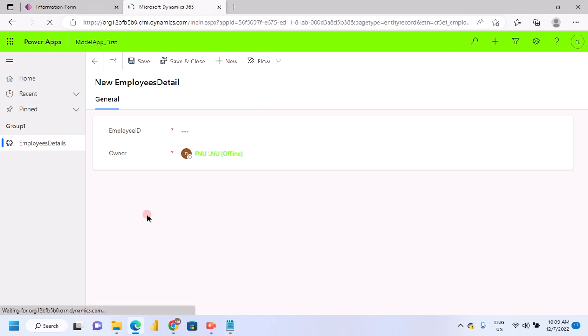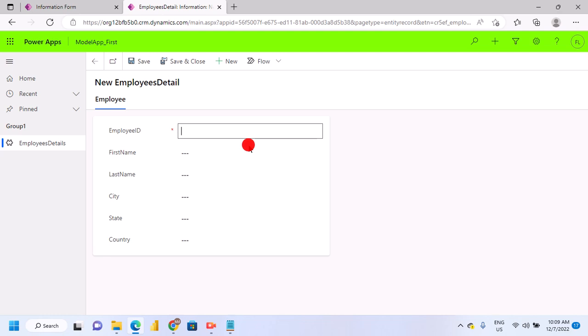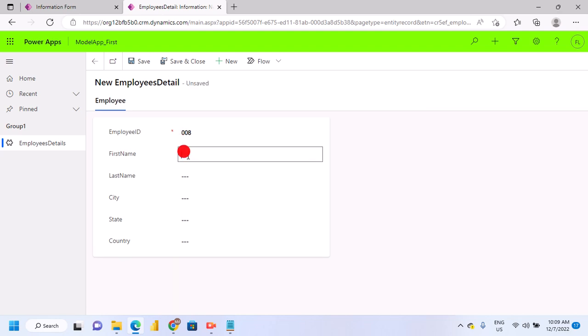So employee ID, we add employee ID 001, 008, and the first name Madhu, last name, city, India. So if I click save and close,